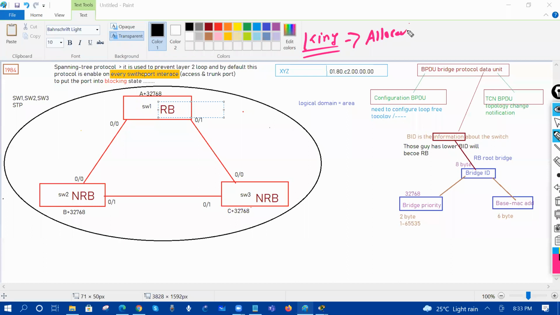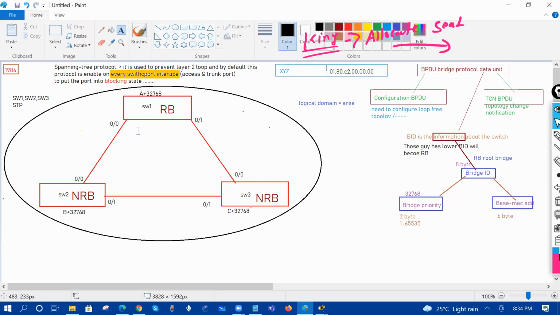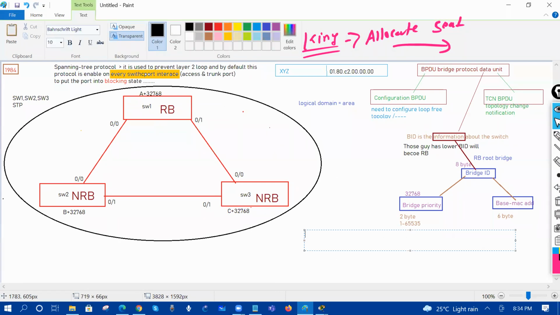Allocate the seats, right? You will be some minister, like a finance minister, home minister, something like this. Same thing: once the root bridge has been elected, spanning tree is going to do the next step. Now the root bridge will assign the port roles,